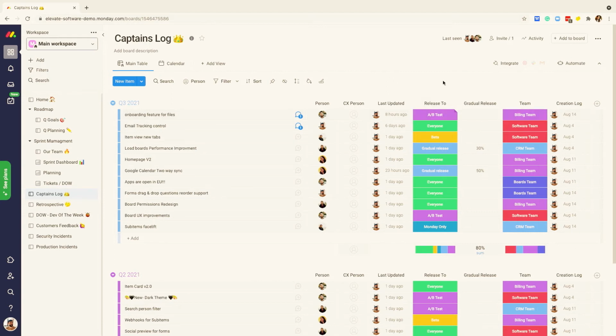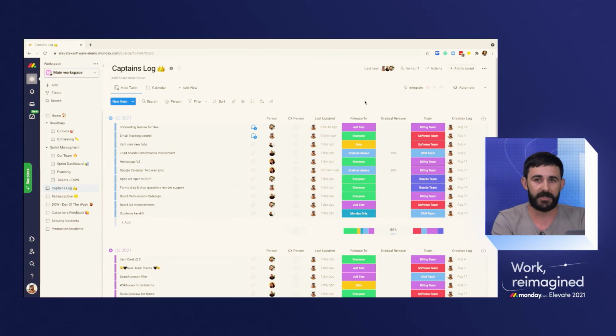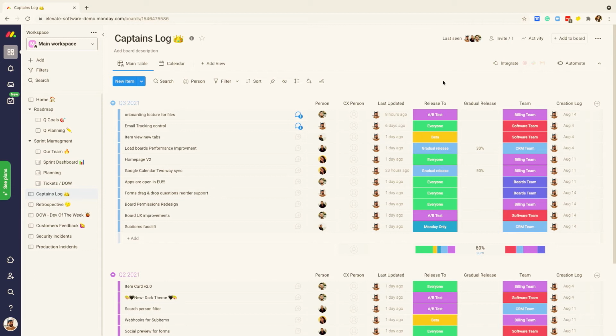Another thing is the release. A lot of the problems when you release something: suddenly people don't know, does everyone see this feature? Maybe it's an A/B test in beta for specific customers. So we have a column for that, where we explain, listen, currently it's in beta or only inside Monday, just to check it before we release it to everyone else. If it's a gradual release, maybe just to 30% of the customers, we will say 30% of